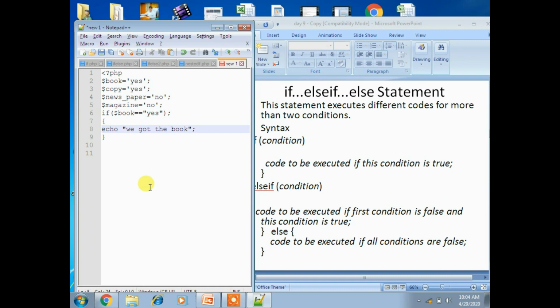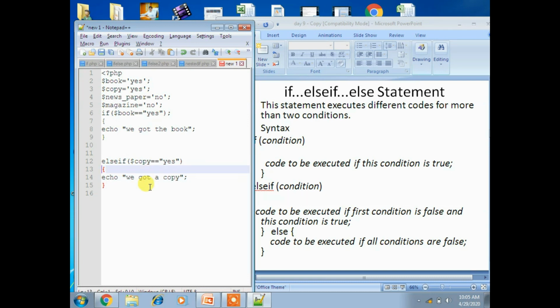Now take another one. For multiple conditions, for multiple variables, you can use else if. Else if $copy == "yes", echo "we got a copy."